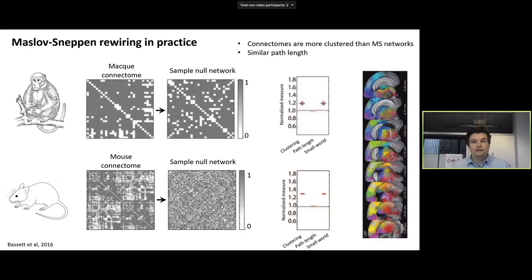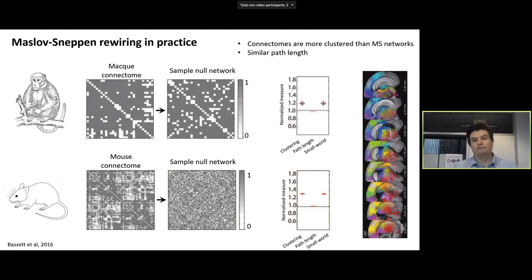So here are some examples of Maslov-Sneppen applied to real-world networks, to a macaque and a mouse connectome. There's a sample of the Maslov-Sneppen network shown here on the right for both of those connectomes. In practice, we generate hundreds of such samples. And here we're showing the normalized clustering and path length. So you see that the normalized clustering is greater than 1 relative to, so this is what we've normalized by, the Maslov-Sneppen rewire. So it suggests that the connectome is clustered to a greater extent than what we would expect